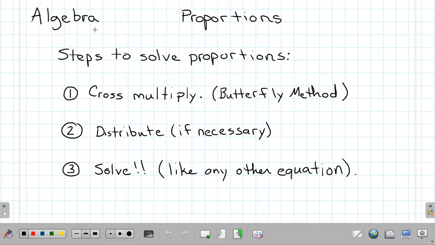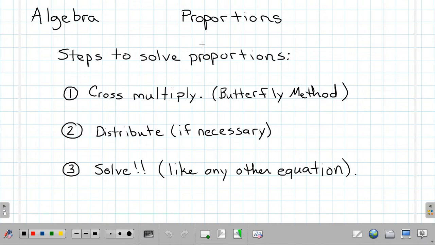Hello all and welcome to the algebra video that is about proportions. So in this video we're going to discuss how to solve proportions. Technically, a proportion is an equation, so it's very similar to how we've solved equations before, okay? I think the best way to look at this is to just jump right into some examples,